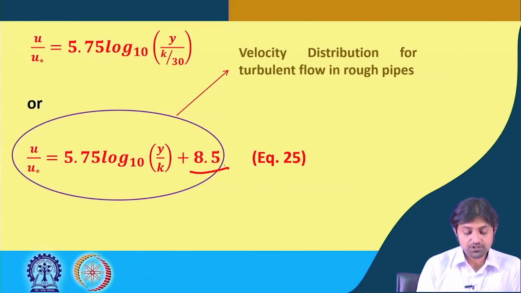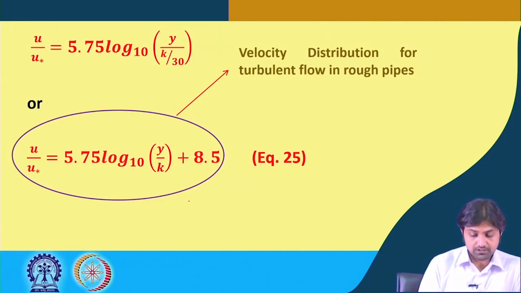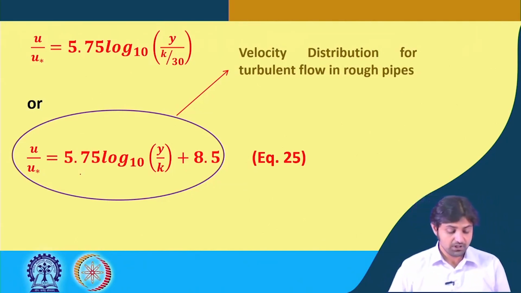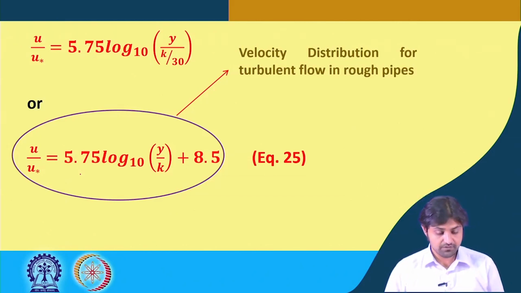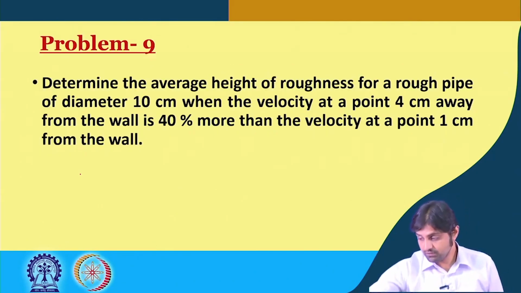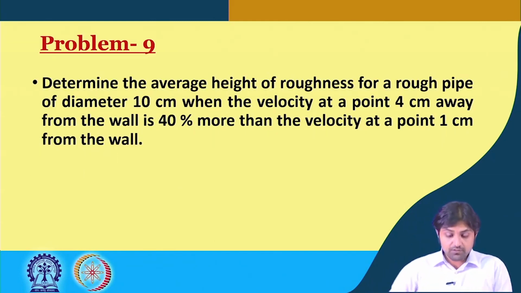So these coefficients are a little different, this k is different. And more importantly, it also has some sort of logarithmic form, both smooth and rough. Now it is a good idea to solve one problem here on this particular concept, and solving the problem will